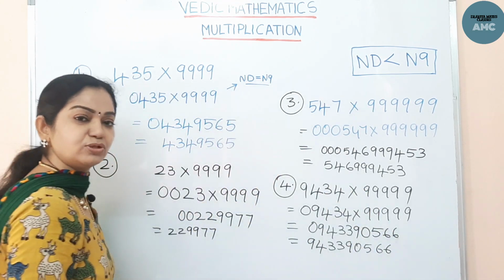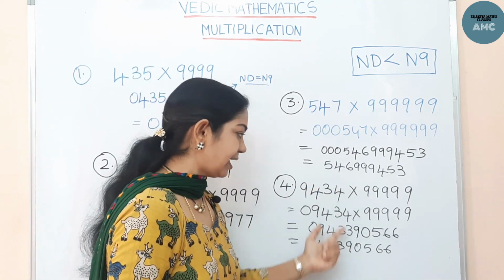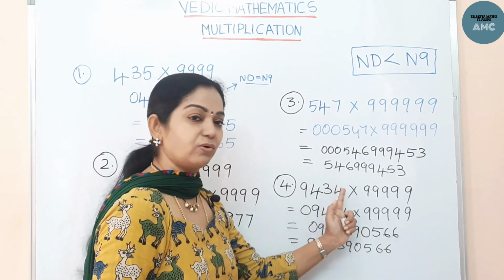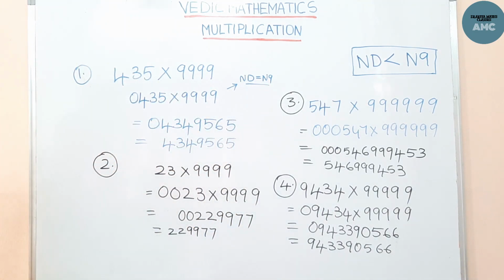So these many steps you don't need. You can directly write the answer. Just write this. And for this, how many zeros? 1 0 is there, you can add it and do: all from 9, last from 10. Okay, quickly pause the video and note it down. Let's see the next concept.